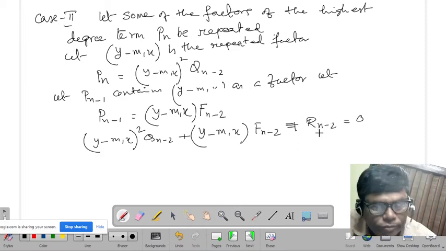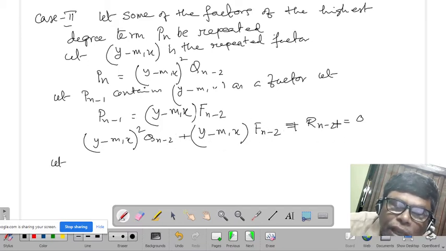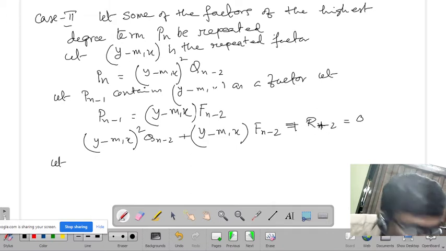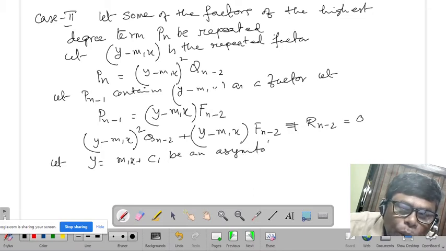Okay, so this is of n minus 2 degree, these are homogeneous in n minus 2 degree, and these are at most n minus 2. It cannot be more than n minus 2 degree term. Okay, so let y is equal to m1x plus c1 be an asymptote of the curve. Okay, so c1 is equal to